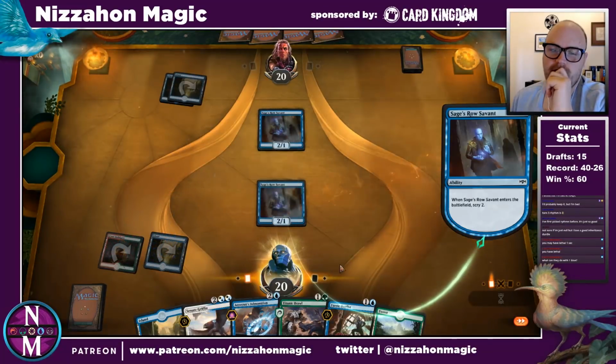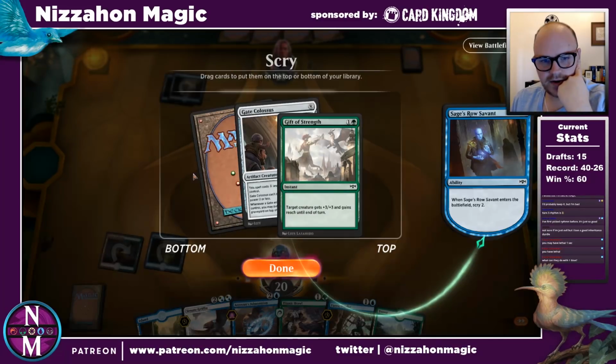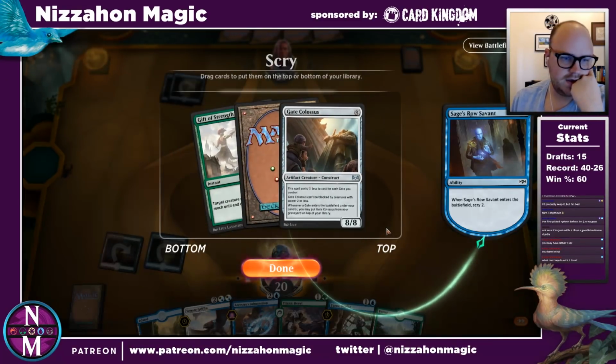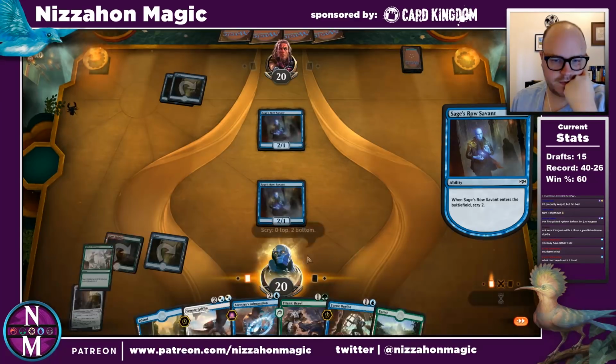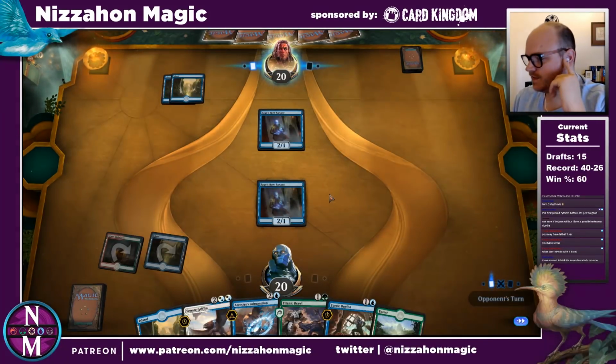Then next turn we have all kinds of choices. I've only got 1 Guild Gate right now. I don't really think I want Gift of Strength. I don't think I want the Colossus either. No. It's tempting because it's so good, but it's like, you know...